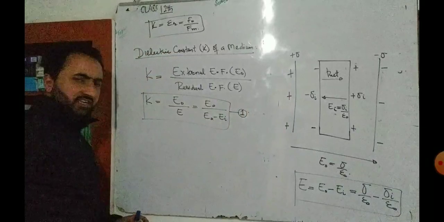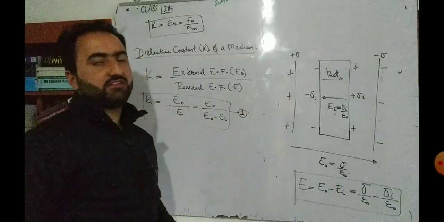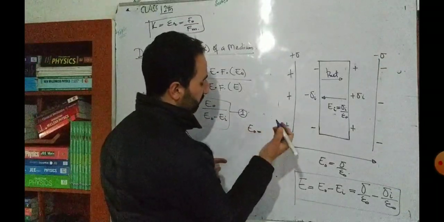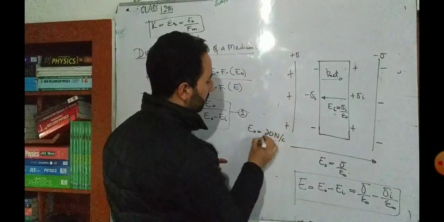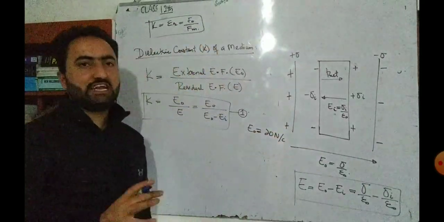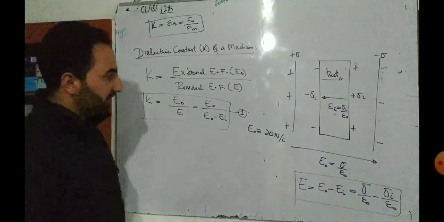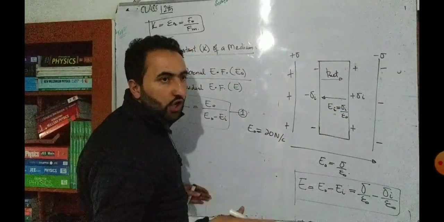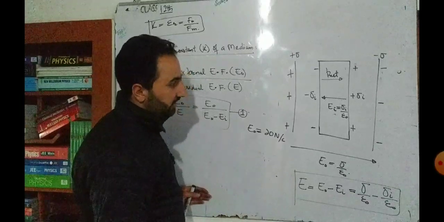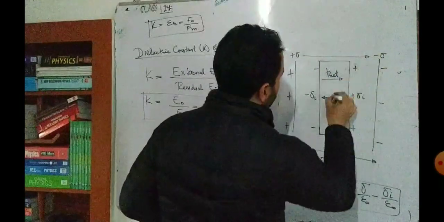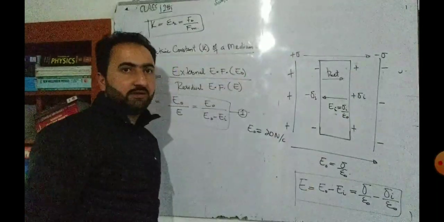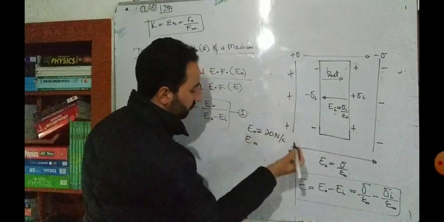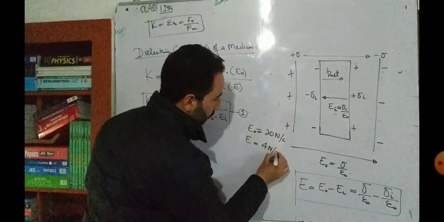Simply, what physically dielectric constant means is this, ध्यान रखना बेटा यहाँ. Suppose that E naught is equal to, कुछ भी ले लो, suppose it is equal to 20 Newton per coulomb. E naught implies it was the electric field before placing the dielectric. It's the external electric field. ठीक है ना बेटा? And suppose now we place the dielectric here. Will the electric field get weakened or strengthened? Obviously it will get weakened, because this electric field is in this direction and this is opposed to it. So this will kill a part of this. ठीक है ना बेटा? So that means this electric field will get weakened. And suppose the new electric field is equal to, कुछ भी ले लो, let's take it 4 Newton per coulomb.